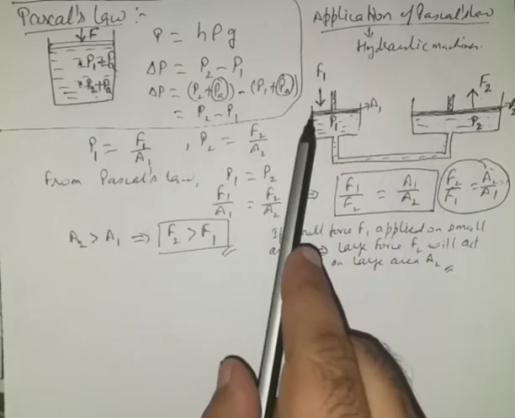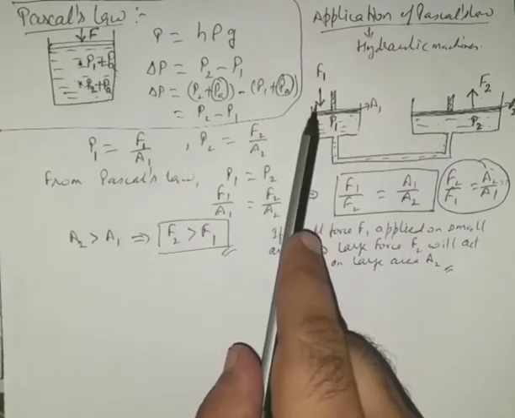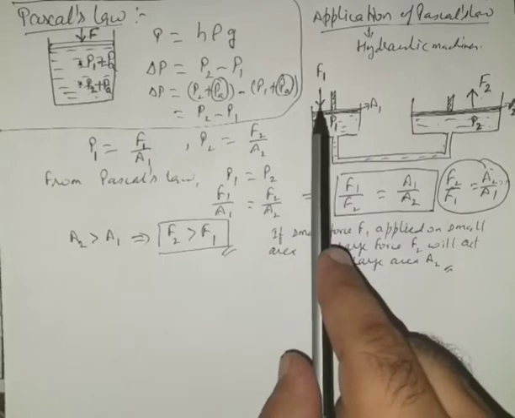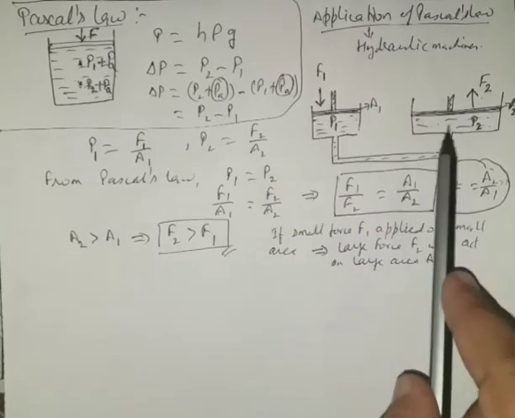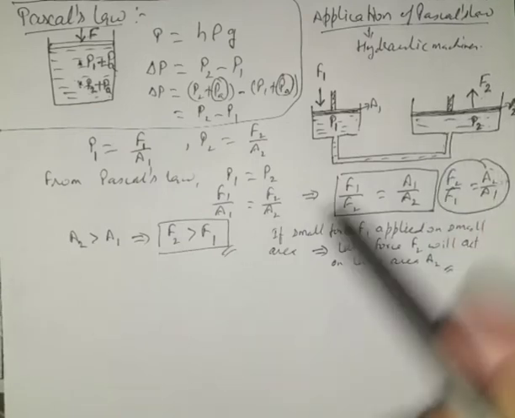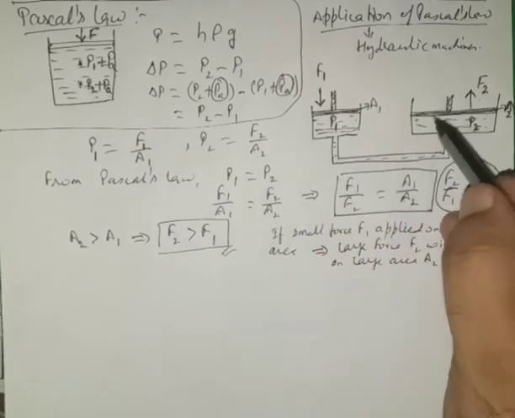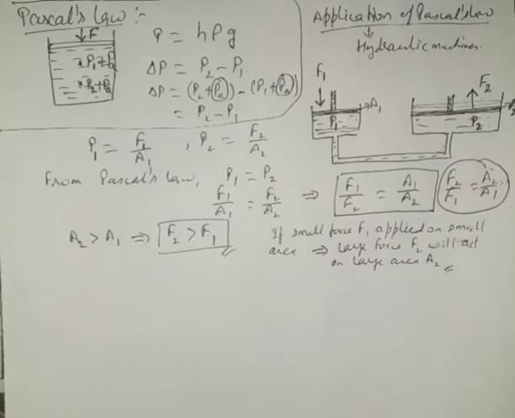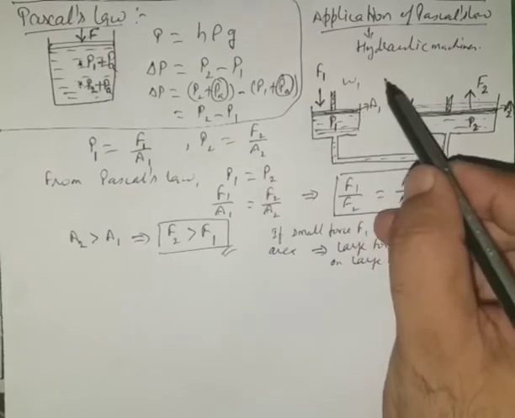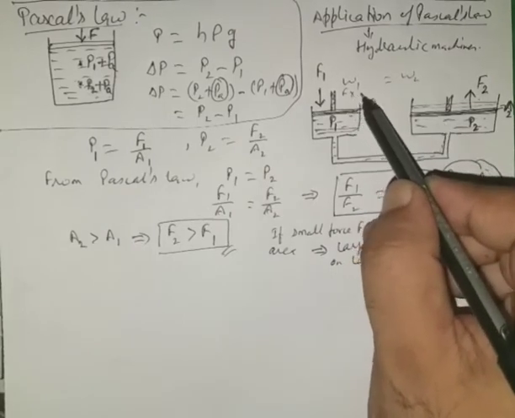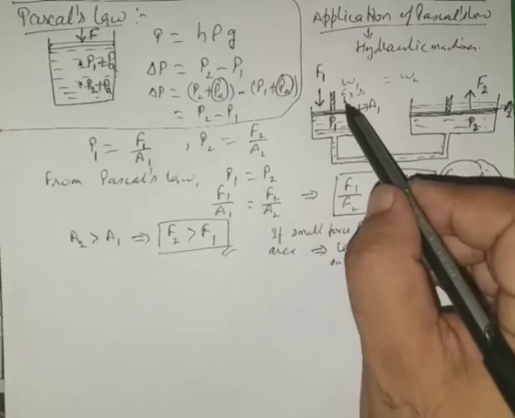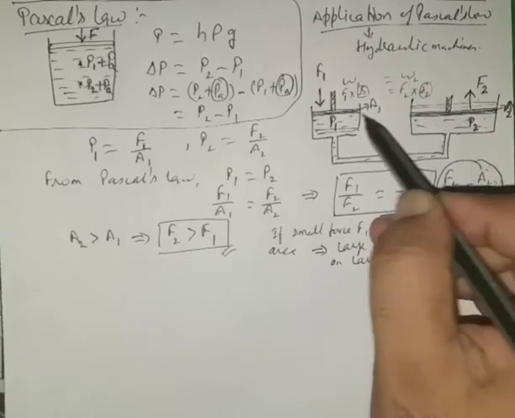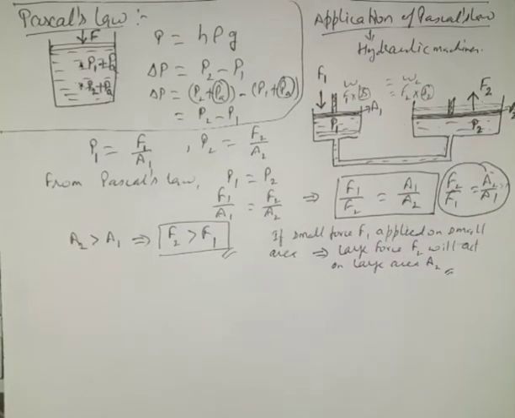Now we can also say that the motion of the piston here will be more, so with the more motion, less force is applied. So displacement will be more in this case, and here the displacement will be less. If this piston is moved from here to here, then this will move by a little, because of the product. Work done is force multiplied by displacement. Since the work done in both cases will be the same, force multiplied by displacement is equal in both. So here the force is small and the displacement is more, and here the force is greater and the displacement is smaller. So this can be understood. Then we will talk about these points later.